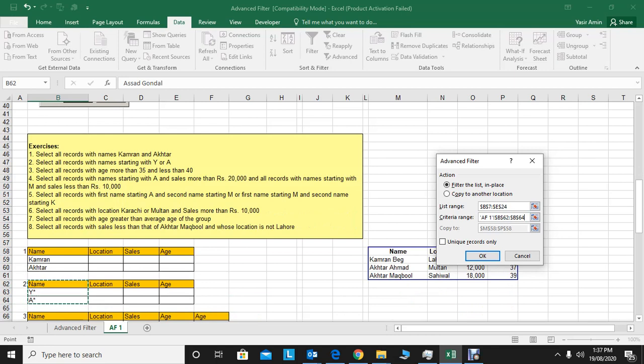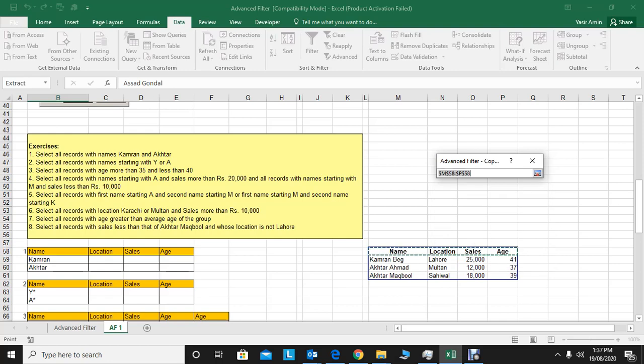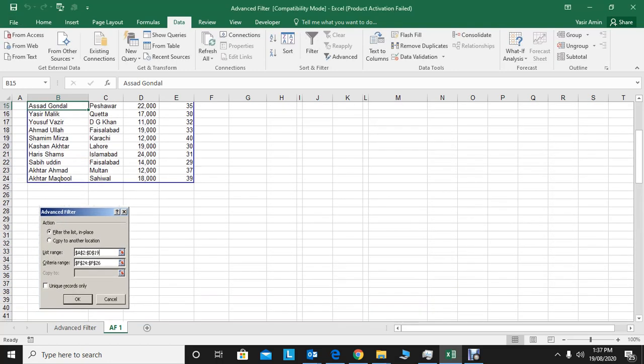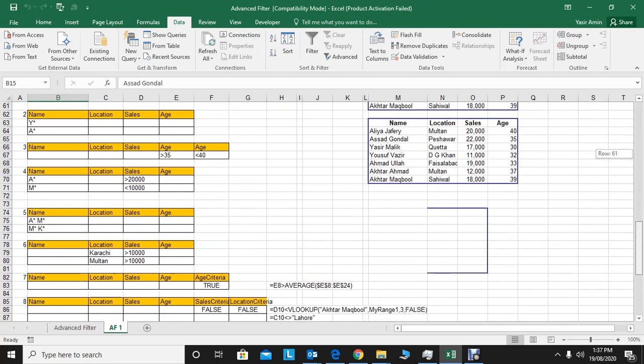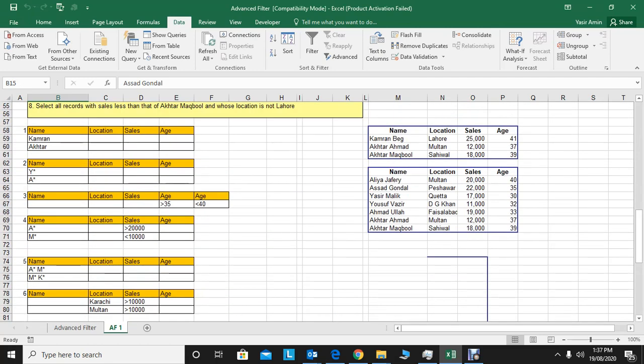Names which start from Y and A, and now the location, I want to copy it here, and then enter, then OK. Now see, those whose names start from A or Y: Aliya, Saad, Yasir, Yusuf, Ahmad, Akhtar, Maqbool. All the names which start from A or Y will get filtered.